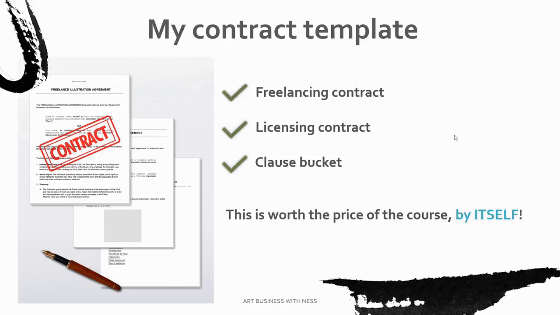Carol says, "Going to a lawyer and asking to make a contract usually costs 200 euros." I'm not sure if that's lowballing it, or maybe in your country that's how much it costs. In Canada, the prices are insane. The one time that I used a lawyer, they charged me $565 just to review a contract, not to draft a contract, just to review and make little suggestions. Then they said if I wanted in-depth suggestions, they needed more money. I was like, are you crazy? I don't have this much money. It was absolutely ridiculous. And that's why a template can really save your butt.